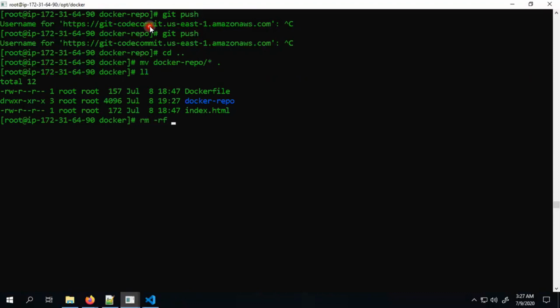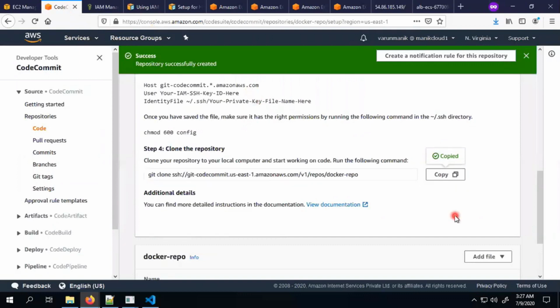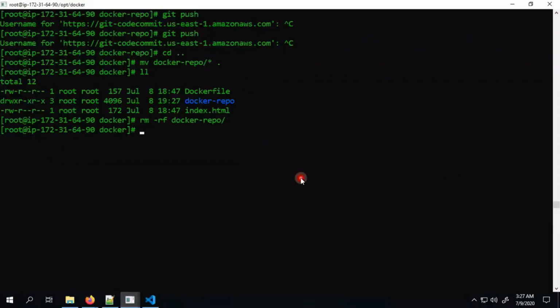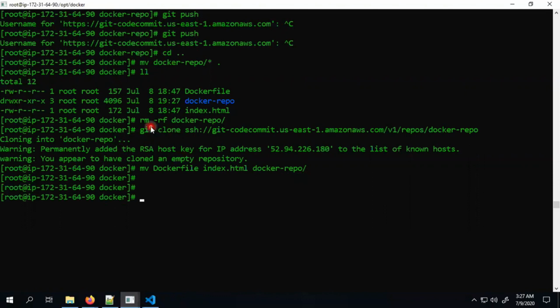rm -rf. So rm -rf removes the directory with all the files and whatever is in it. It's a recursive forceful removal. Okay, let's go to our CodeCommit, copy this line again and clone it. Now it's cloned. Move your Dockerfile and index.html file to the Docker repo. And you have seen that this time we are cloning and it won't ask for any credential or anything, right? So let's move inside the Docker repo directory,